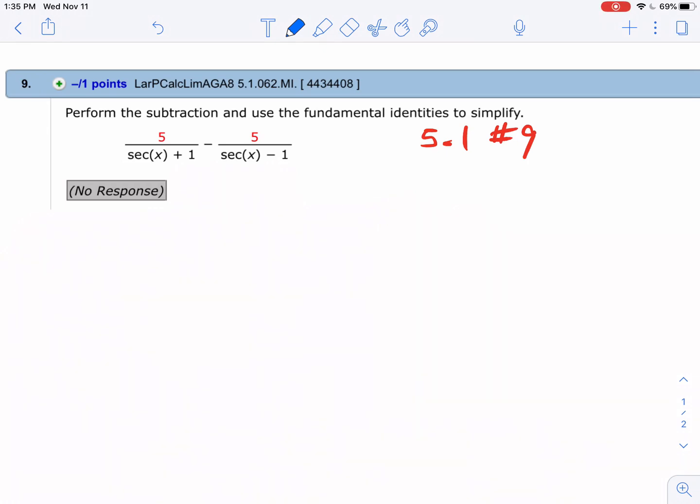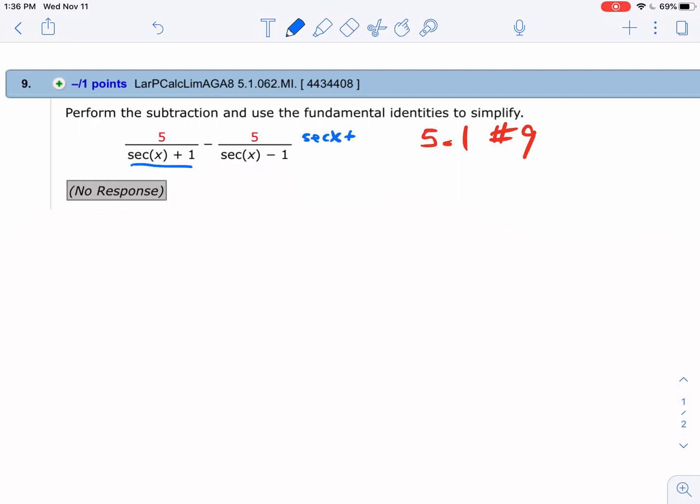5.1 number 9 is asking you to subtract these two fractions. Again, you may have a different number on top than what I have, but the process will still be the same. To get them to have the same denominator, you have to have the same denominator to add or subtract fractions. So basically what I'm going to do is take my first denominator right here, and I have to multiply the